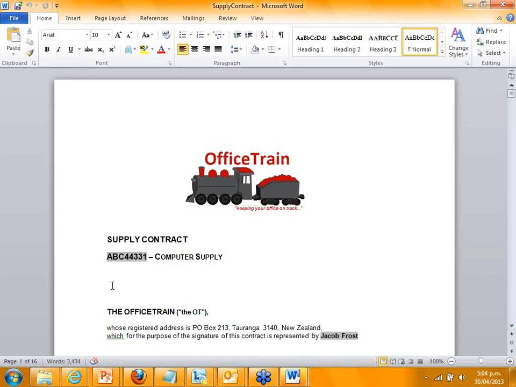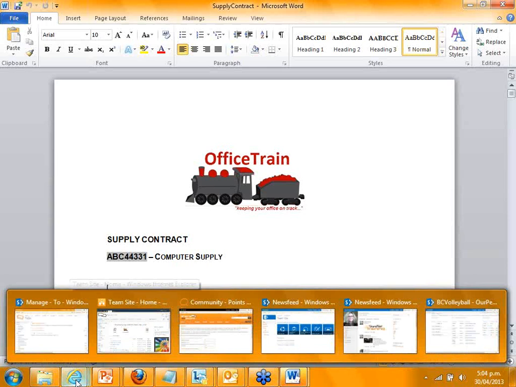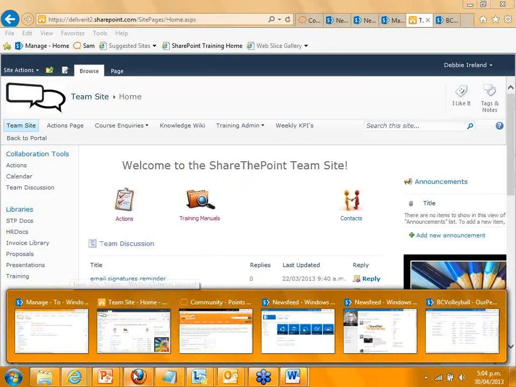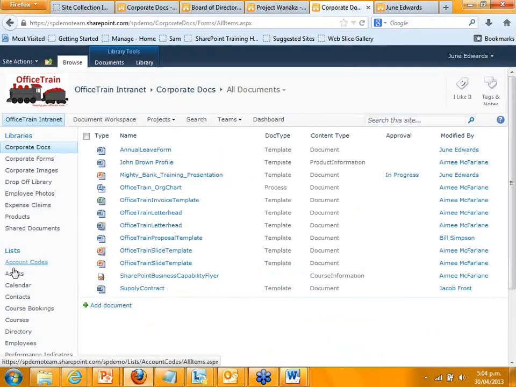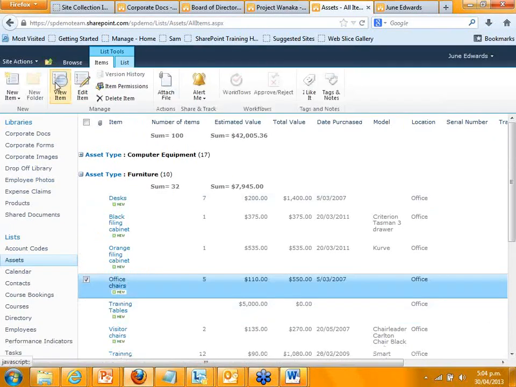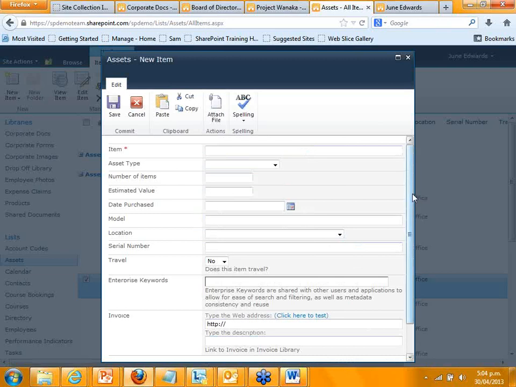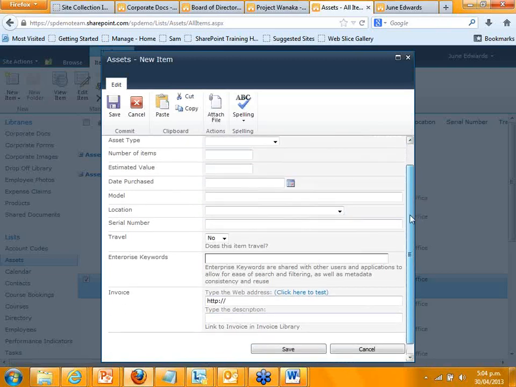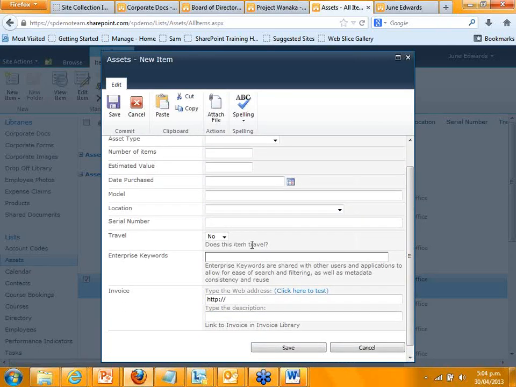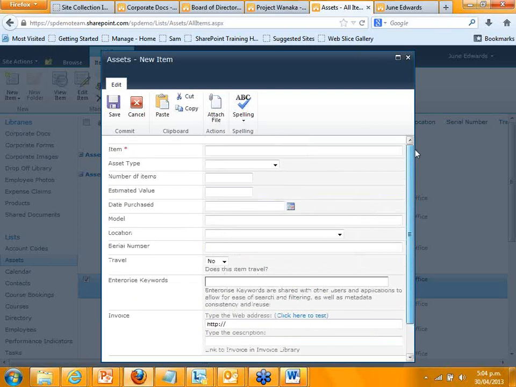With InfoPath, I would have a couple of pieces of recommendation there, and one is that you can do so much with simply using lists. So if you look at, for example, an assets list, and you add a new item here, this new item, because it's just in a list, is a form in itself, and I can add things like, does this item travel? I can add all the descriptive values underneath there so that it's really easy. So if I was doing this for someone, I would add asset type, and you could add a description under there, so it becomes a form in itself.